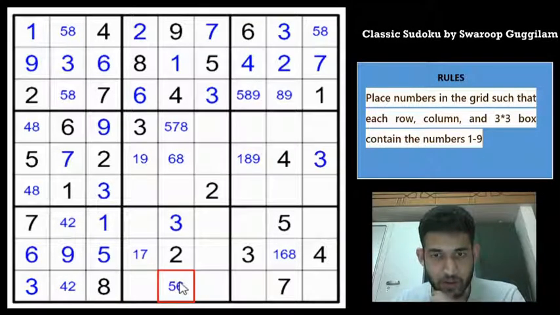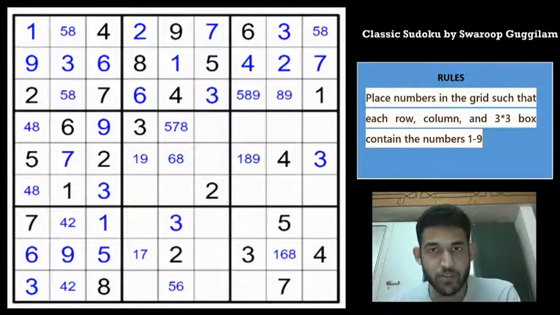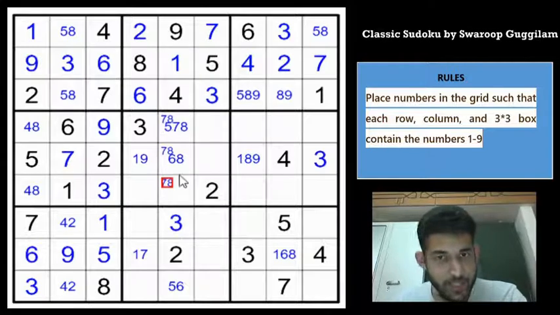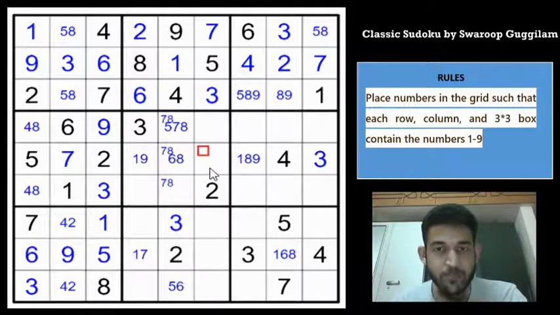Okay, this is helpful because since you can't have 7 and 8 in row 9 column 5, which means that 7, 8 in column 5 must be in these 3 cells. Maybe we can use corner pencil mark to denote that 7, 8 must be in these 3 cells, because these kind of markings can potentially be used for box reduction later on in the Sudoku. Box reduction is nothing but, suppose you take this cell and write the possibilities of 4, 5, 7 and 8, for example. So since you have marked 7, 8 in column 5, you can use box reduction and eliminate 7 and 8 from here.